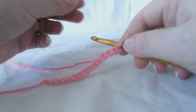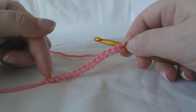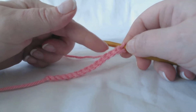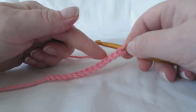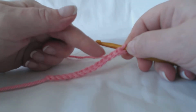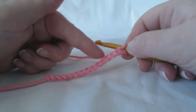Hello, just me again, and this time we're going to be learning a treble crochet. So for this I have a chain of 14 because the first 3 chains class as the very first stitch. So when we do our first stitch, it's going to be going into the 4th chain from the hook. Again, if you're not confident at finding this quickly on your own, use a stitch marker in that place just